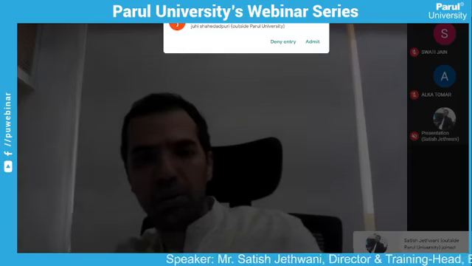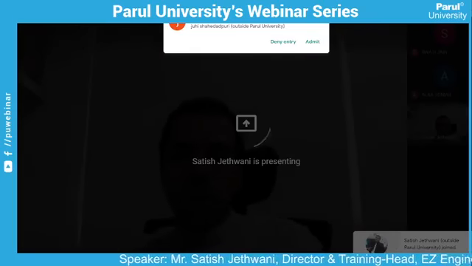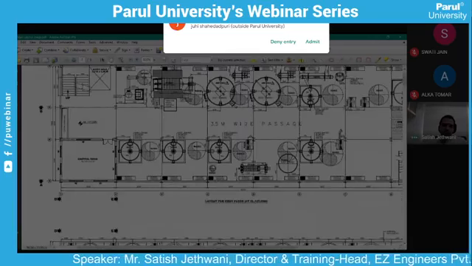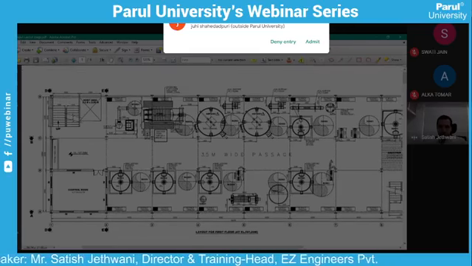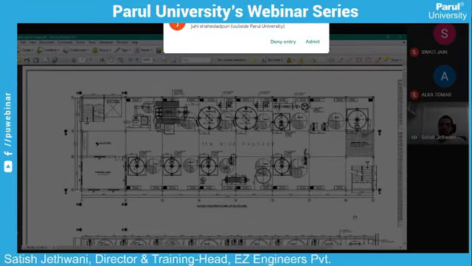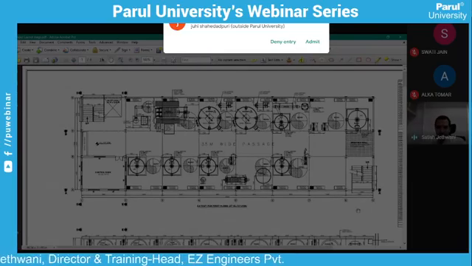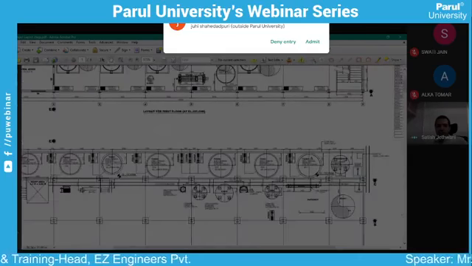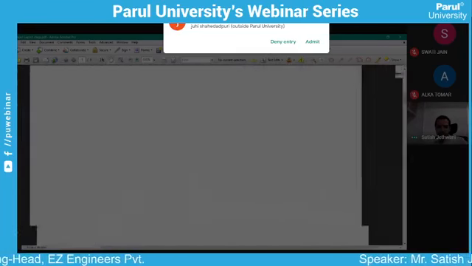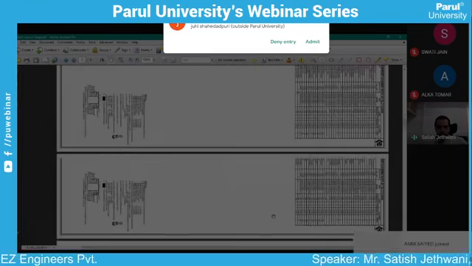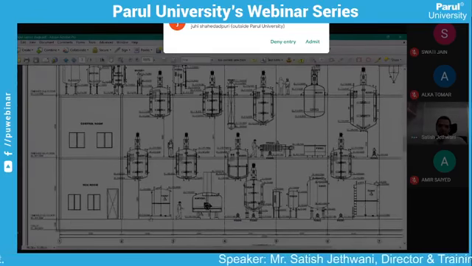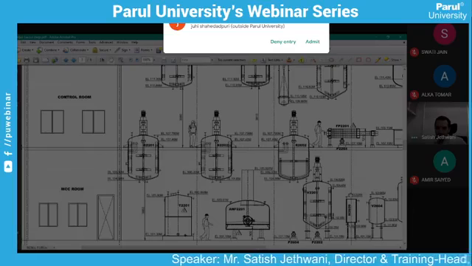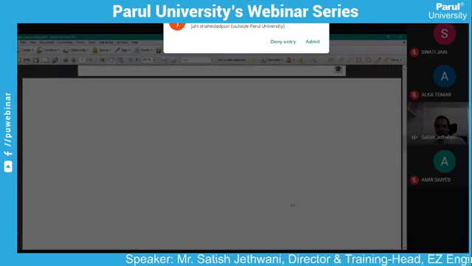See friends, this is the document which I will receive at the starting of the project to design. So this input is prepared by a mechanical engineer or equipment engineer. They have given me the requirement of their factory, how the plan will be, how the elevation will be, what type of equipment will be supported. Once they give me this input,